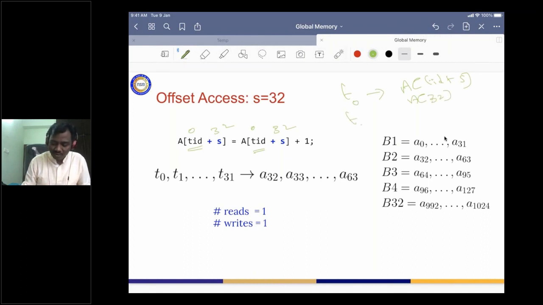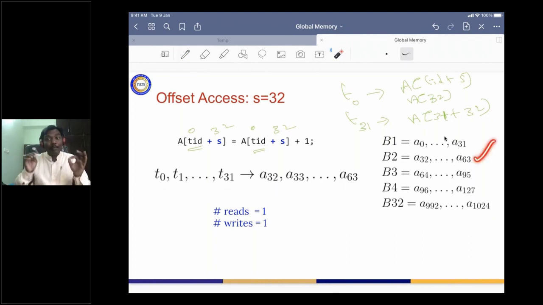Similarly, T31 is going to access A of 31 plus 32, which means A of 63. So in this example, all these 32 threads are going to access 32 elements from the second block alone, without referring to any other block.